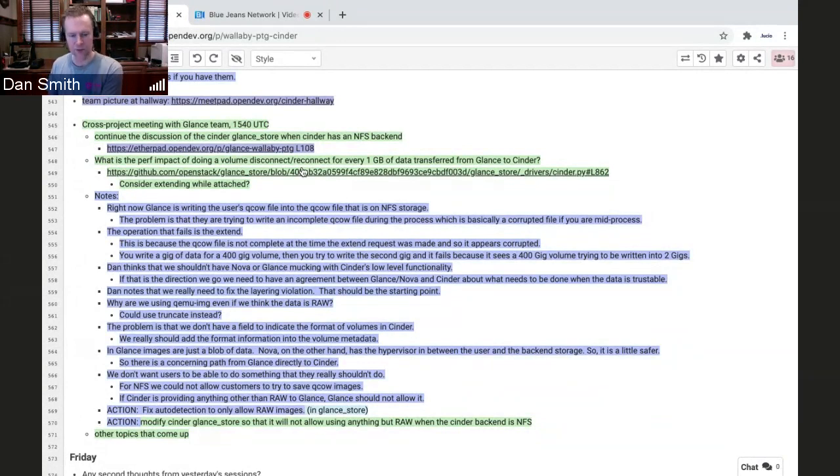And the bad performance of double wrapping it only happens when you've got something that is interpreting both layers of indirection together for every read. But for the Glance workloads, you're just downloading that blob, and it doesn't really matter whether that blob is itself a QCOW file or not. Like, it's the same performance.